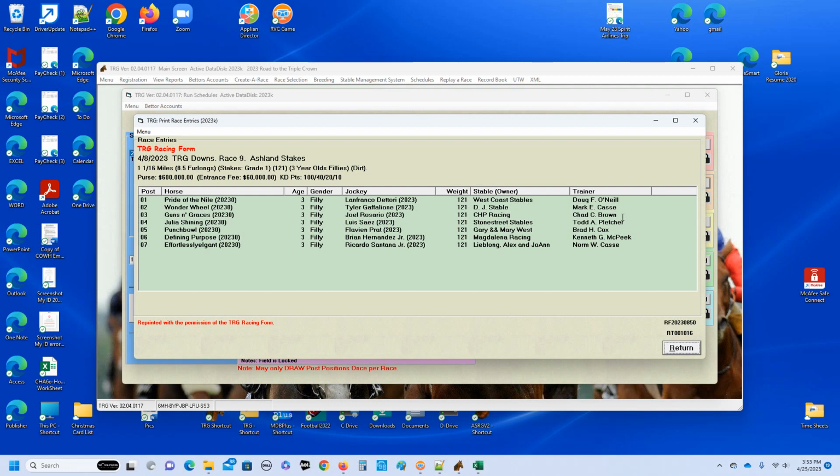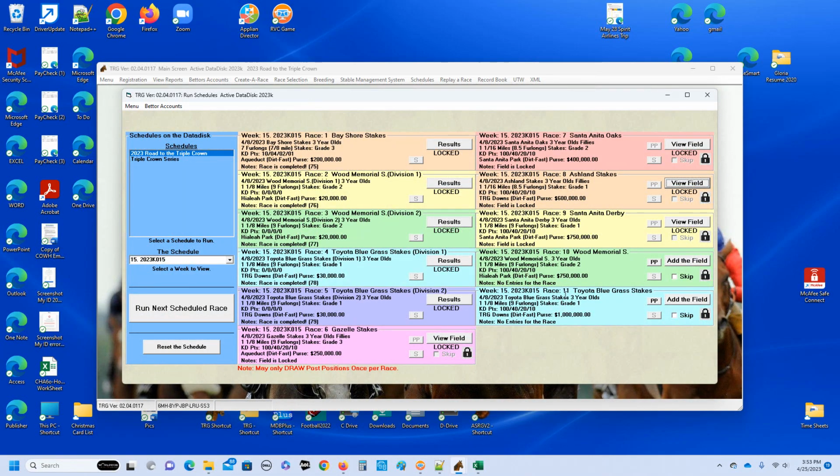Pitcher has 1. Chad Brown has 1. Still very good trainers training these fillies. So, like I said, maybe we'll have 3 very good races. So, first filly race up is the Gazelle Stakes,